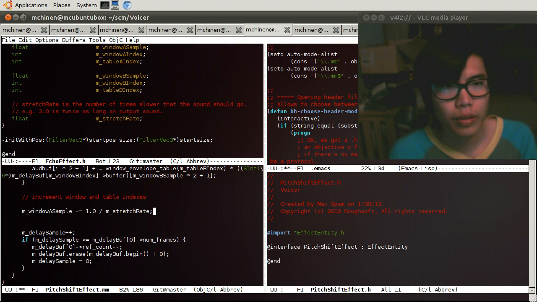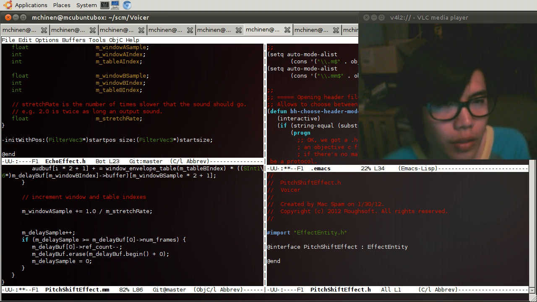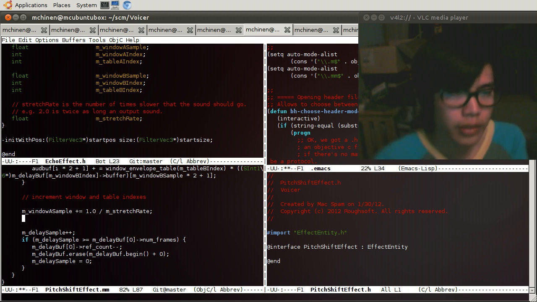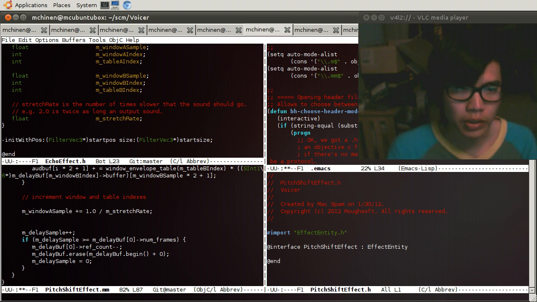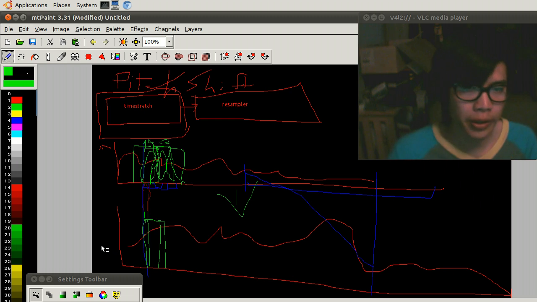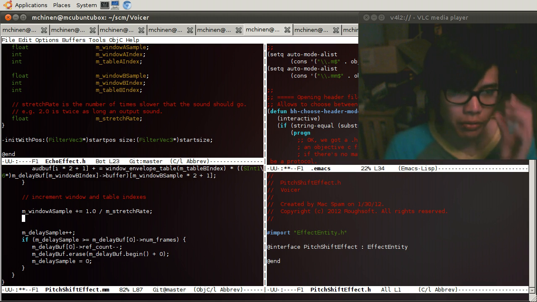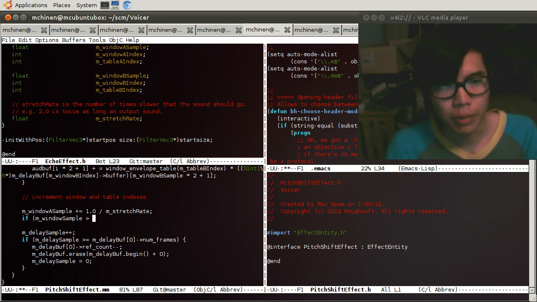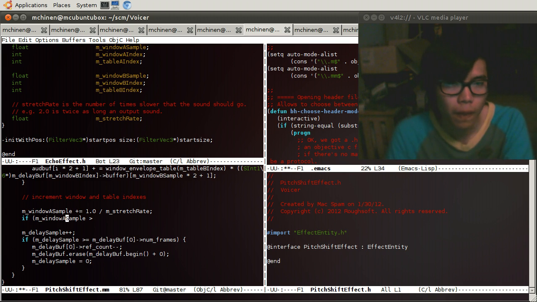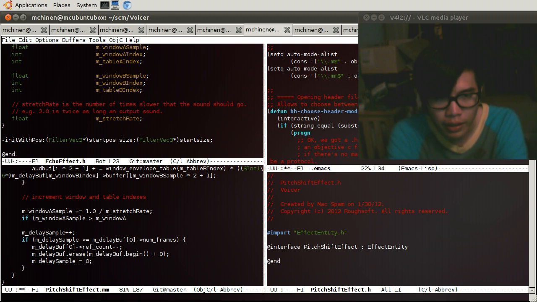Now, yeah, the thing is, this is where we check the sample. So this is where we check the buffer, the filter buffer. And those were the blue items that are a third element, the third type of window-like structure. So this is where we have to make sure we haven't stepped over it. So we just say if M window sample is greater than, and window sample greater than, what do you call it? Window A. No. Yeah, M window A